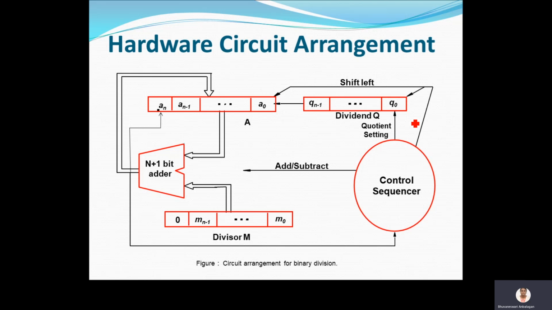Now how a computer will understand and how it will perform a division operation. Okay, so your dividend will be given as input to the Q register, and then the divisor will be given to the M register. You will be having the accumulator as usual that we have seen in the adder and multiplier. Here also we are going to make use of the accumulator, and then we have an n plus 1 bit adder to perform the addition operation and subtraction operation whenever required. So the entire circuit is going to get controlled by the control sequencer.